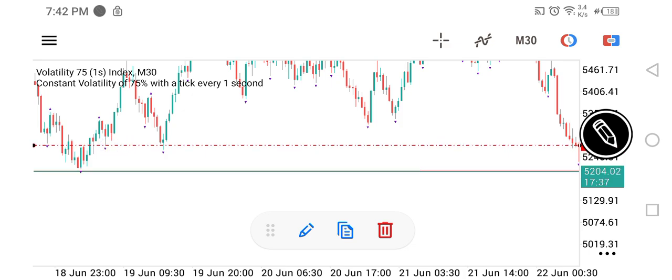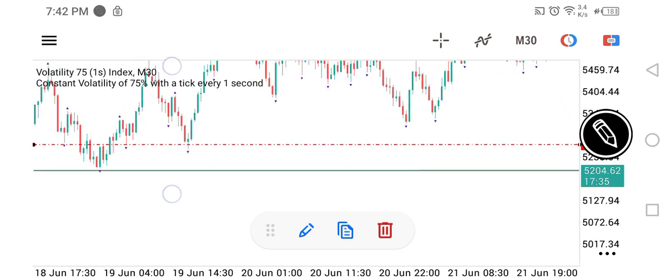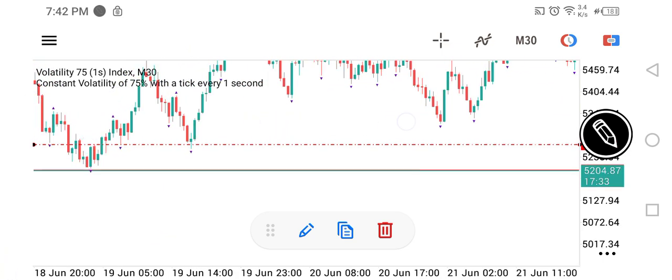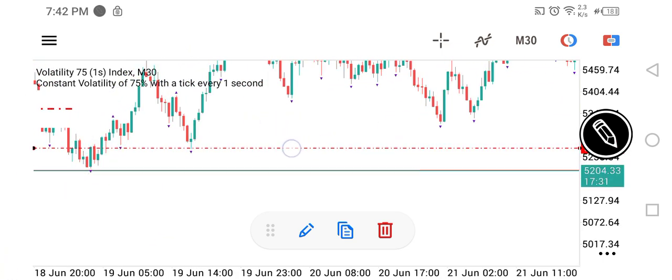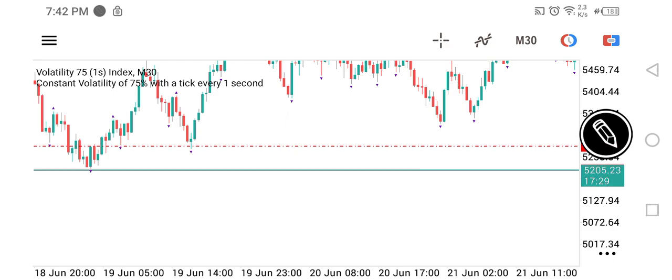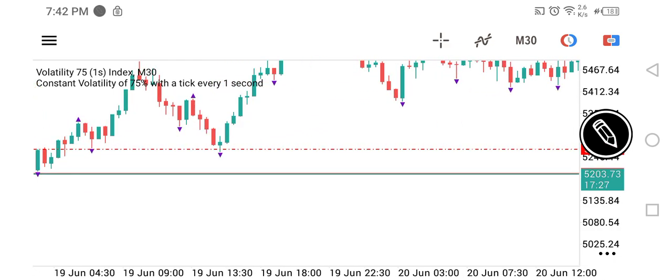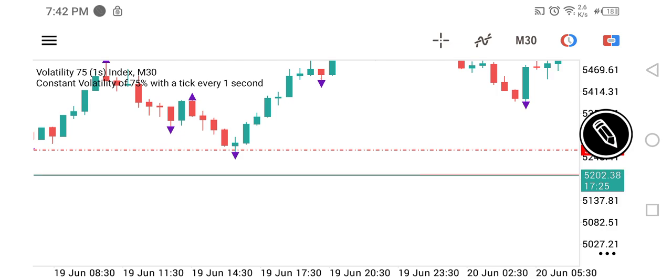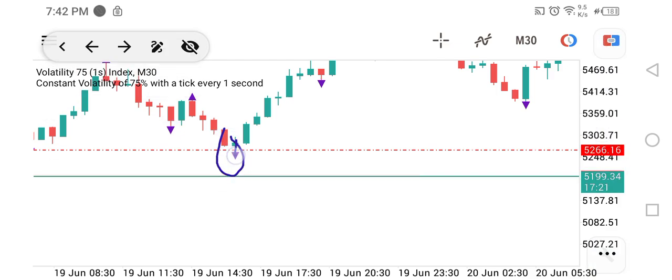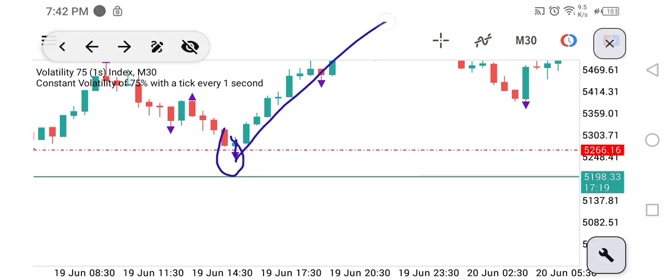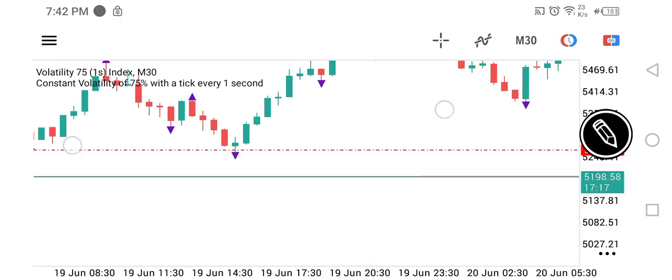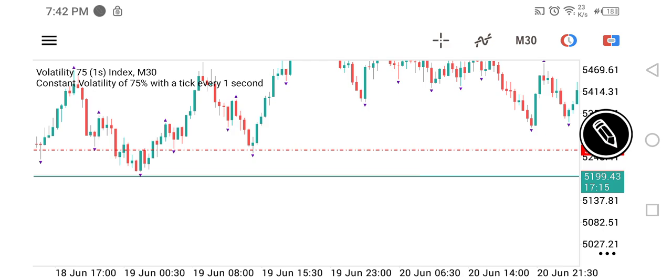Okay, so place the line there. Then if I zoom in, you'll see clearer what I'm talking about. Okay, sorry, I'm still moving the line. Let me click out. So if I zoom in, you'll see what I'm talking about. This candle, price just wicked it, and after that wick, you see that aggressive move upward. That is an example of liquidity sweeping, a bearish liquidity being swept, and then